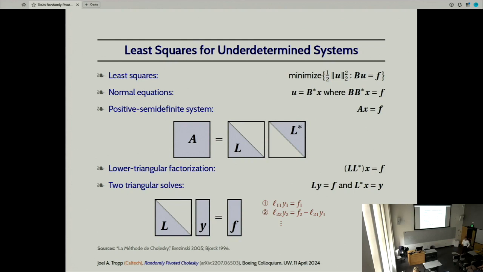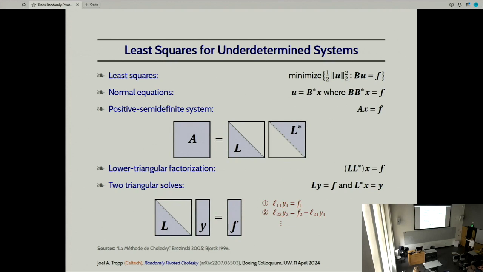Now, his idea, which is related to Gaussian elimination, is to factorize A as a product of a lower triangular matrix and its transpose, LL transpose. This is not the way he would have expressed this at the time. The reason that this is valuable is that once you have this factorization, you can solve the linear system from the normal equations in two steps. First, you solve the equation Ly equal to F, and then you solve the second equation L transpose X equal to Y, and that gives you the solution X, and therefore the vector of errors, which allows you to correct your measurements.